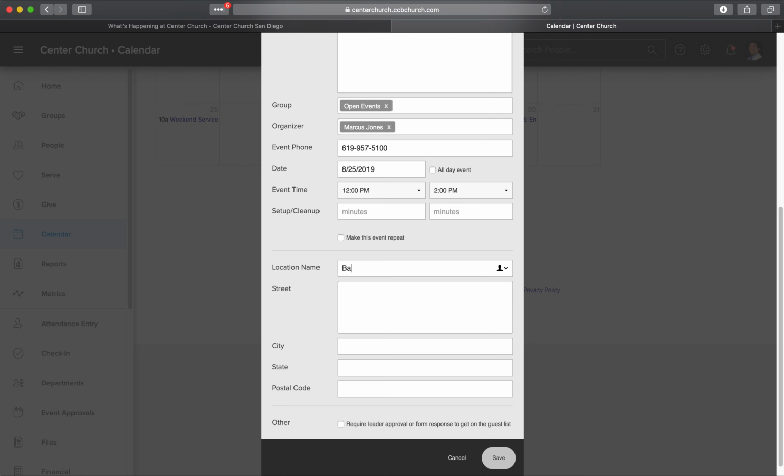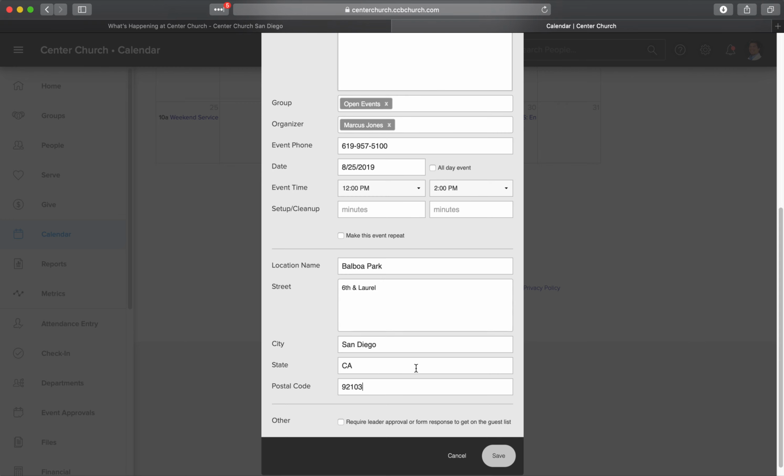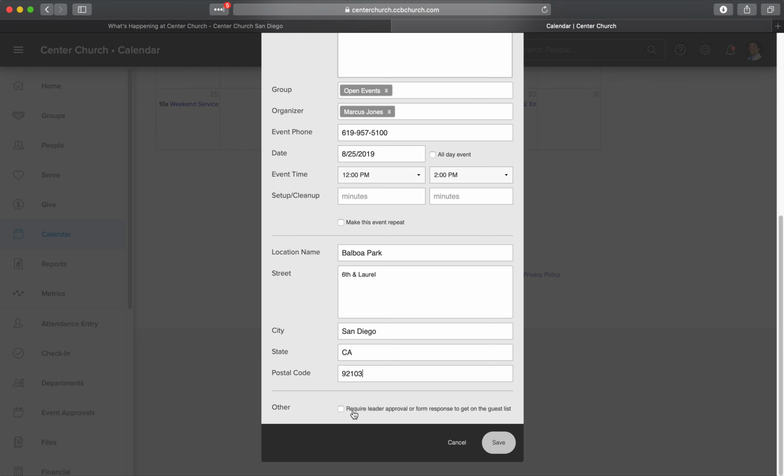So in this case, let's go back to Balboa Park, and the address, what is it, 6th and Laurel, and that's in our America's finest city, San Diego, California, 92103, I believe. And then, real important, do not check this box here,